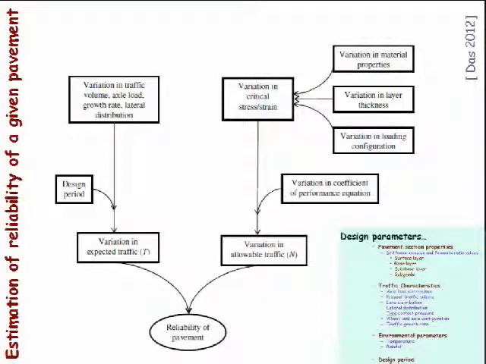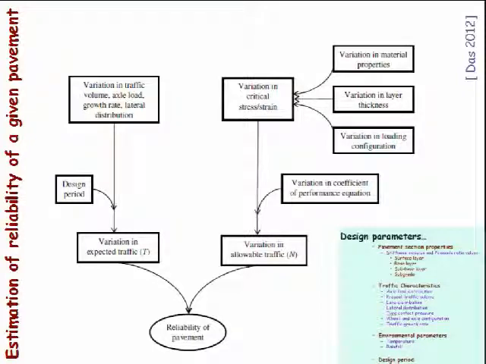And we know that there is an extreme range of variability which exists in a pavement design. And therefore, it would be a good idea to check that variability. There is a standard concept of evaluating the reliability of the pavement design. In fact, these are studies I took from the old papers published by Professor Mike Daughter. I have been following his papers extensively to do this part of the study, where we consider the variability of all these parameters. So you can see the variation of the traffic volume, axle load, and all that. Design period, of course, does not vary.